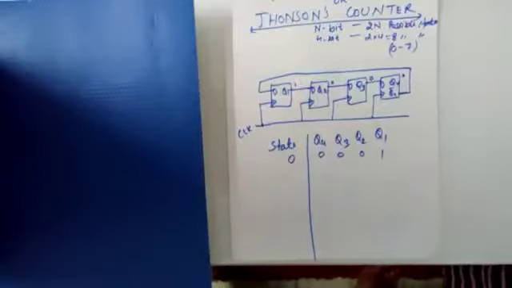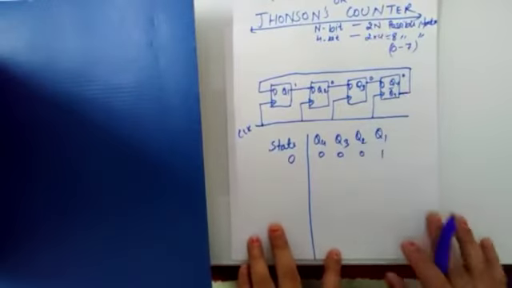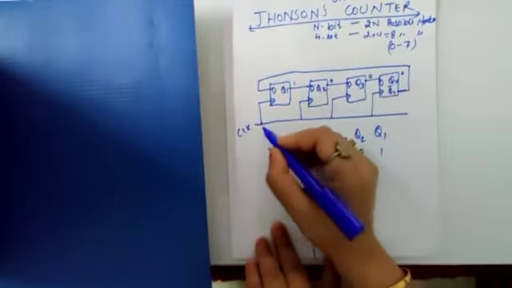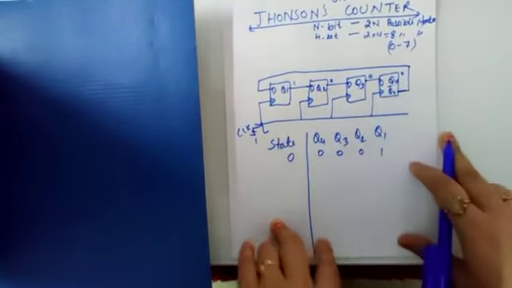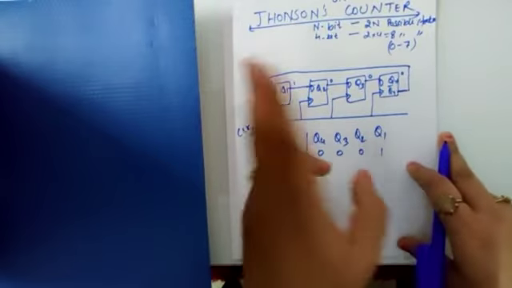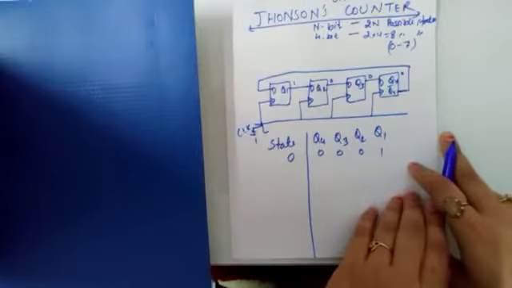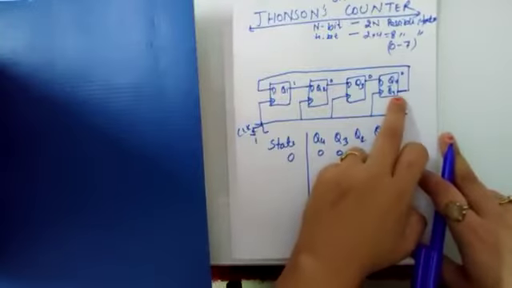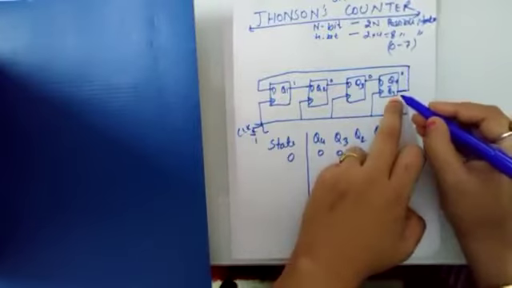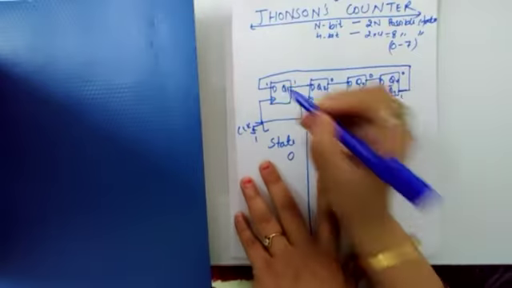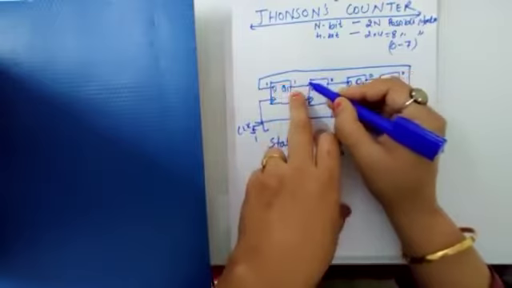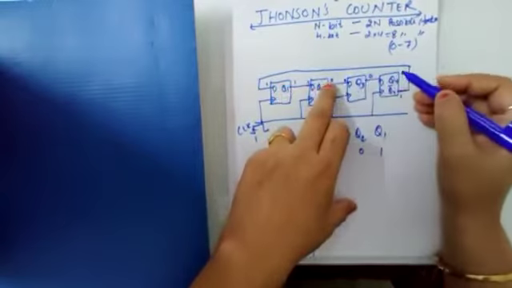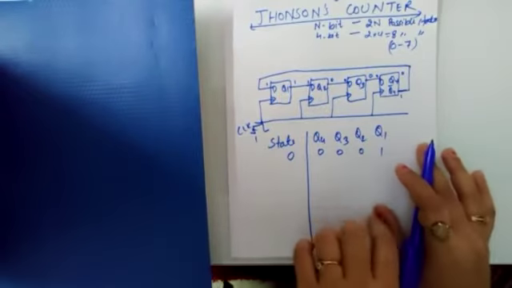So how many states will it pass through to get the initial state back? It will pass through the 8 possible states. So see how. Let's say we are giving the first positive clock pulse. Now keep in mind, before giving the clock pulse, all the inputs should be ready. Now check with the inputs. So see this Q4 bar. If Q4 is 0, Q4 bar obviously is 1. So 1 is fed back to the first flip-flop. And this 1 available here, this 0 available here, this 0 available here. Now we can apply the clock pulse.